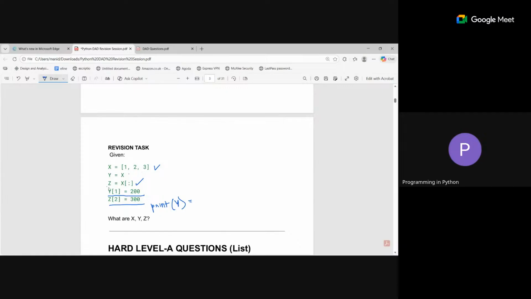This is just on the concept of aliasing and cloning. So for Y, did we do aliasing or did we do cloning? This is the same object, right? We just give it a different name. So whatever change you make in Y, that will also reflect in X, right? So after this, if I print X, please